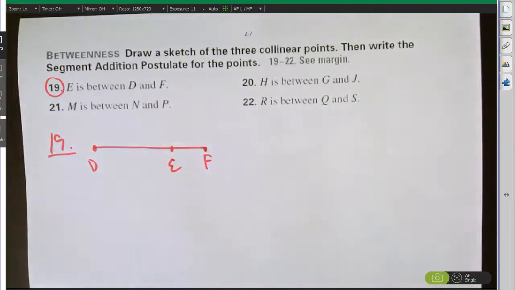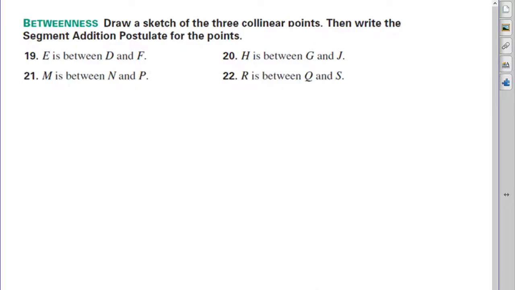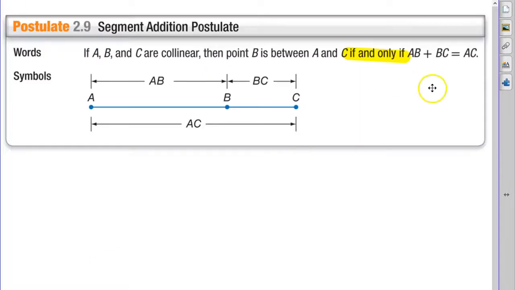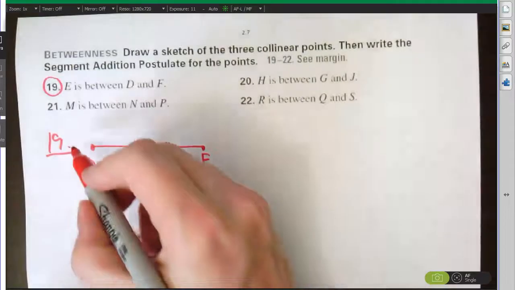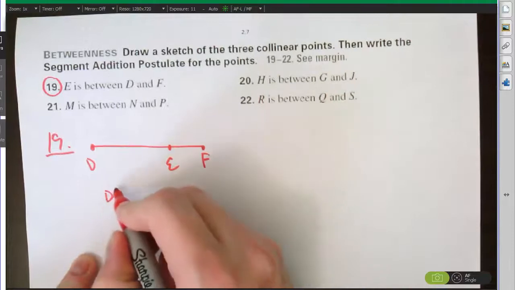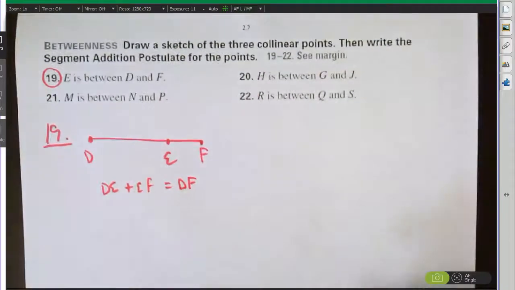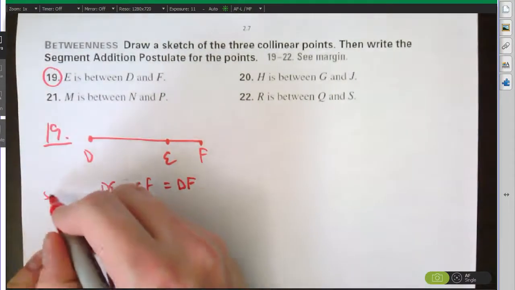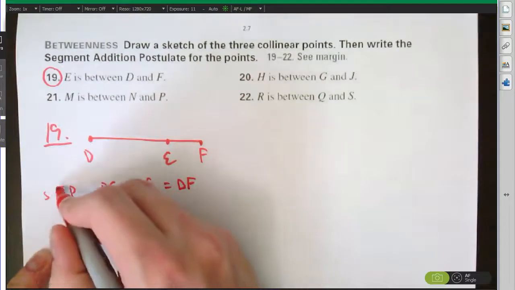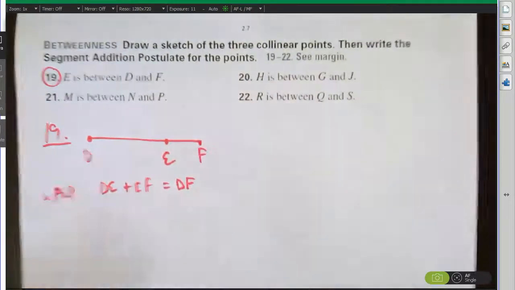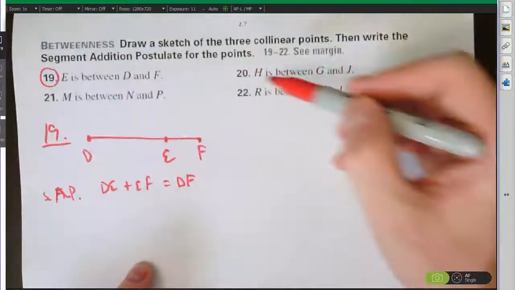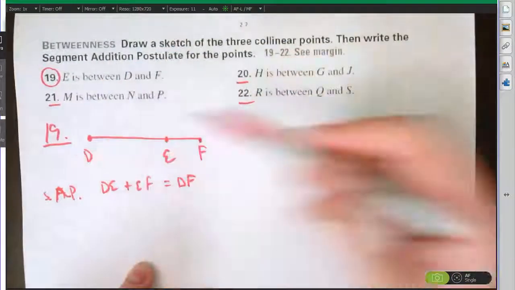Now, what the segment addition postulate states is the only way E can be between these two, oops, wrong way, is if AB plus BC equals AC. So for us, the only way that E can be between DF is if DE plus EF equals DF. There we go. There's our segment addition postulate. SAP. Okay. So your homework is to draw this out for 20, 21, 22 using their letters, and then come